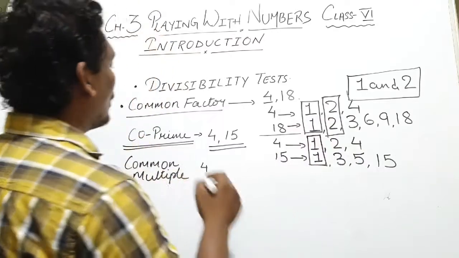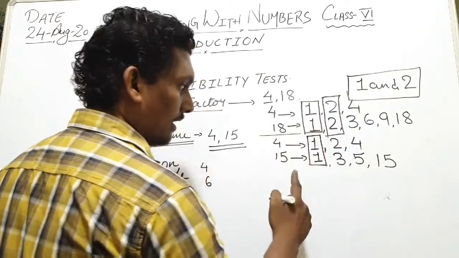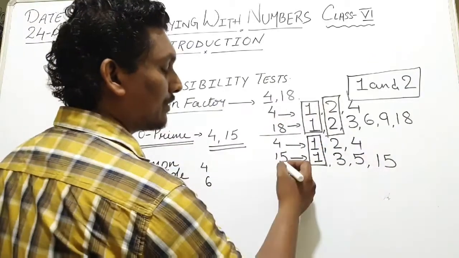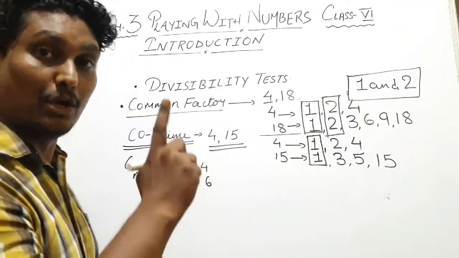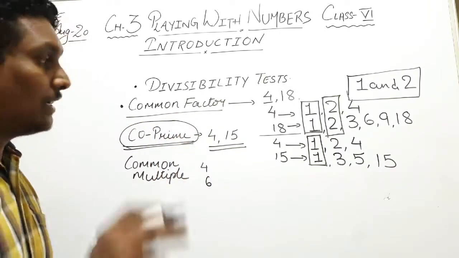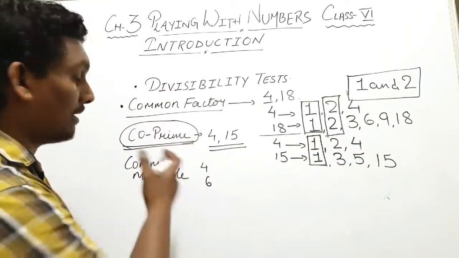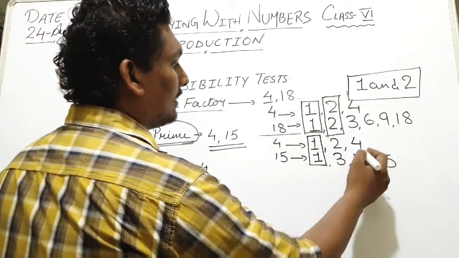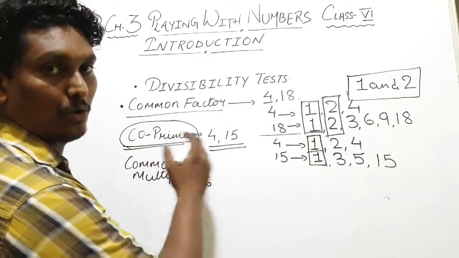Okay, so co-prime means after finding the factors you will get the common factor as 1. Okay, in co-prime numbers you have to first find the factors of the numbers given, and if you are getting the common factor as 1, then it's a co-prime number. Okay, suppose if you are getting 1 and 2, then they are not co-prime numbers. Okay, so always remember in co-prime, especially, after finding the factors, the common factor should be 1, right? They are called co-prime numbers.